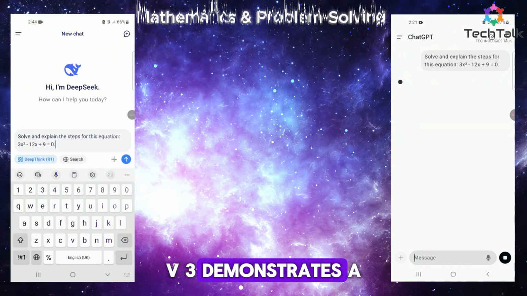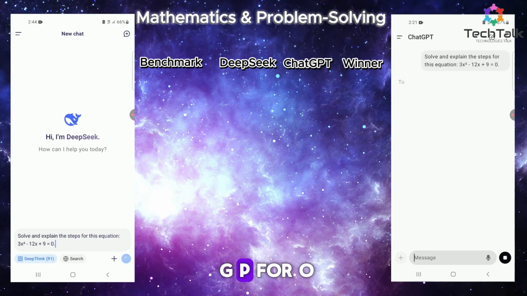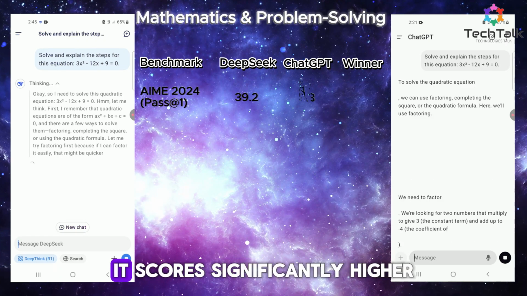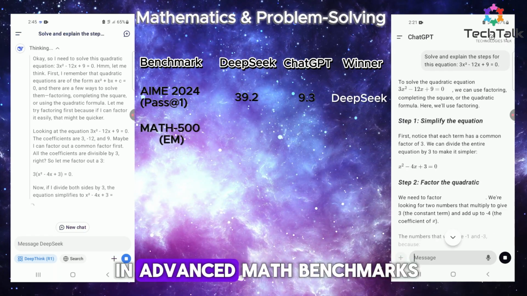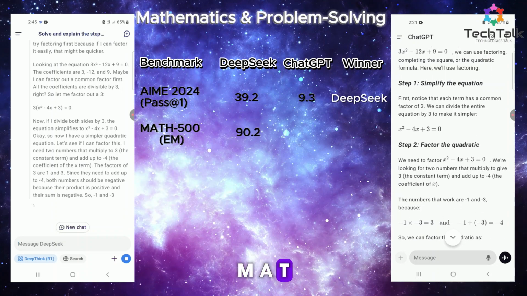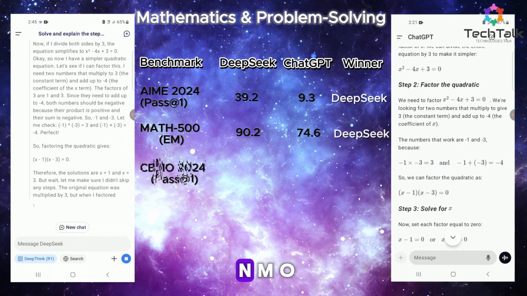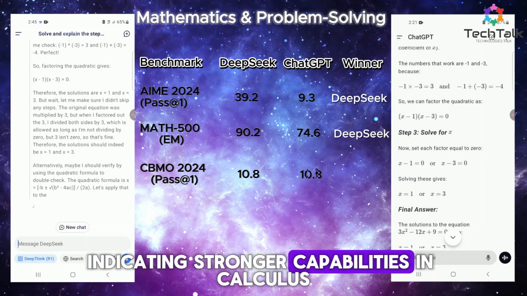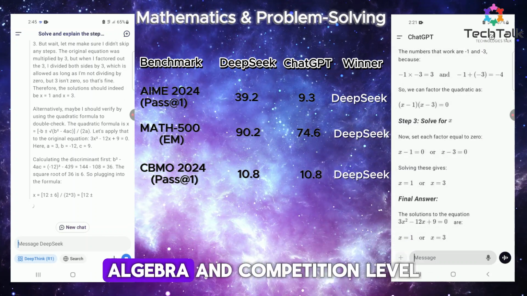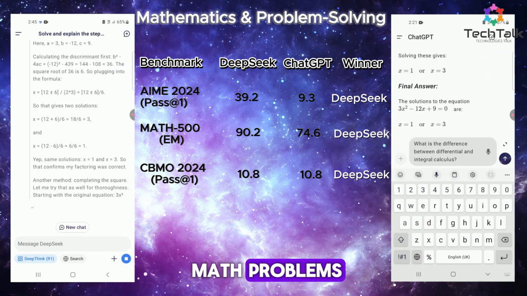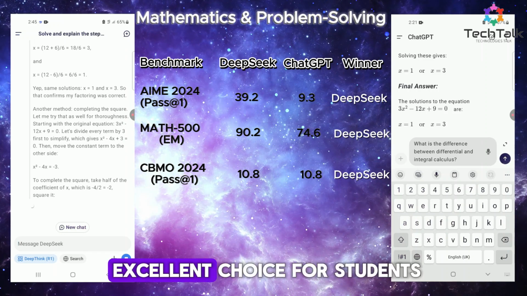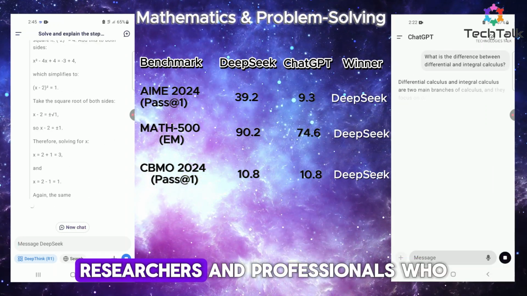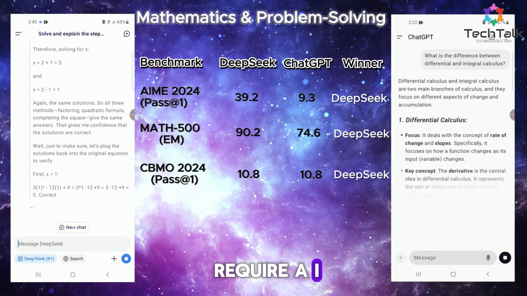DeepSeek v3 demonstrates a massive lead over ChatGPT 4o in mathematics. It scores significantly higher in advanced math benchmarks like AIME, MATH 500, and CNMO, indicating stronger capabilities in calculus, algebra, and competition-level math problems. This makes it an excellent choice for students, researchers, and professionals who require AI assistance in